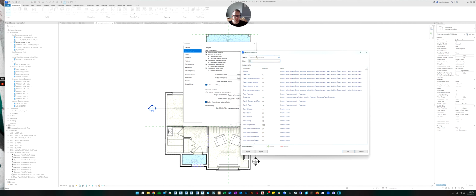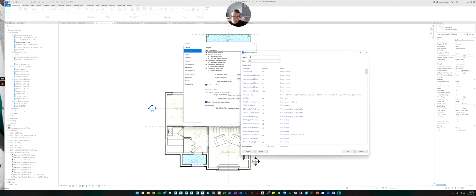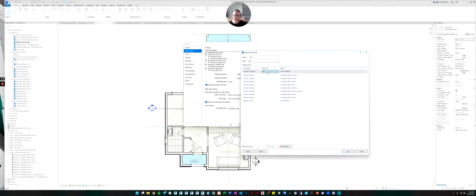So if you come up here and you search, you can search any command you want. So if we do visibility graphics, you see how here's the command visibility graphics, and you can see my shortcut is VG, but you could select it and down here you can remove it, and you can assign a new one by just typing it in here.